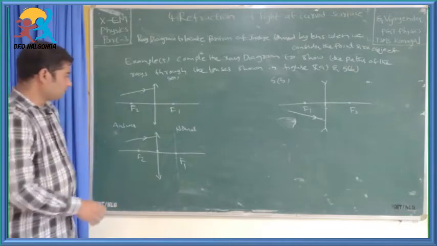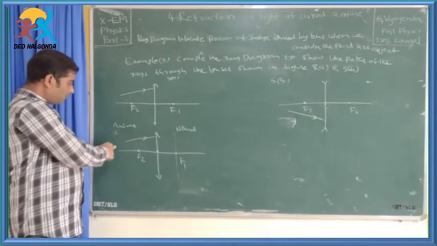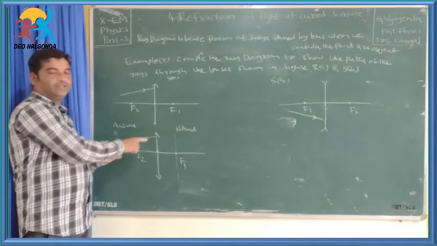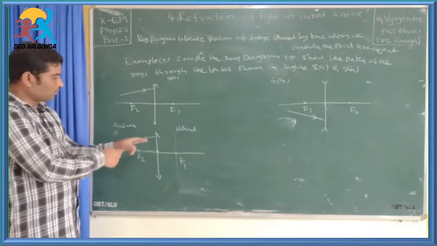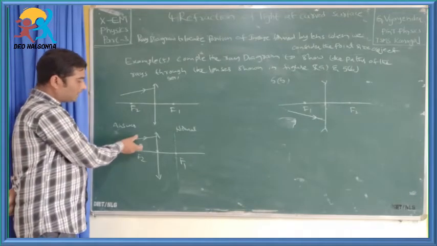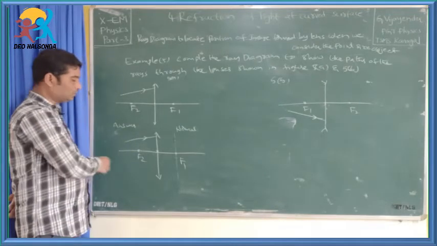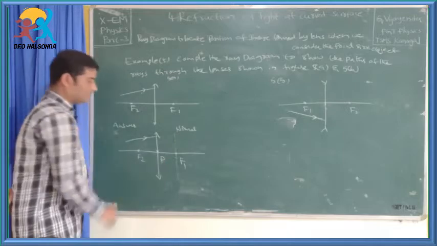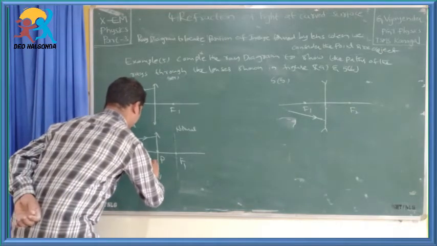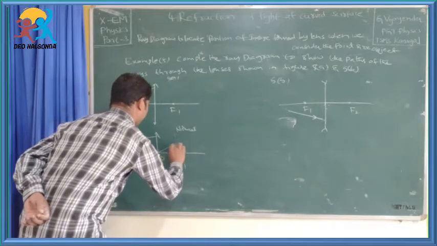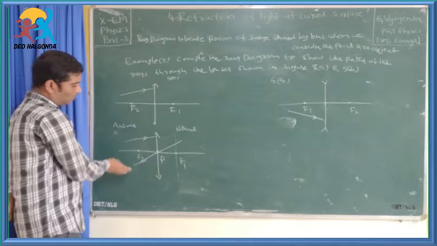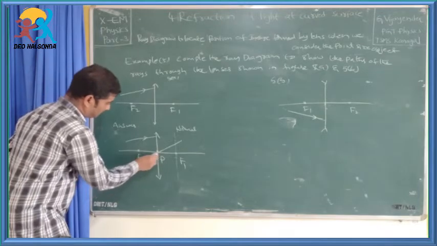Second step, we have to draw the incident ray from the point source. Here there is no point source, just the incident ray already given. So we go to the third step, that is, we have to draw the parallel line to this incident ray through the optic center. This is the parallel line through the optic center to the given incident ray.